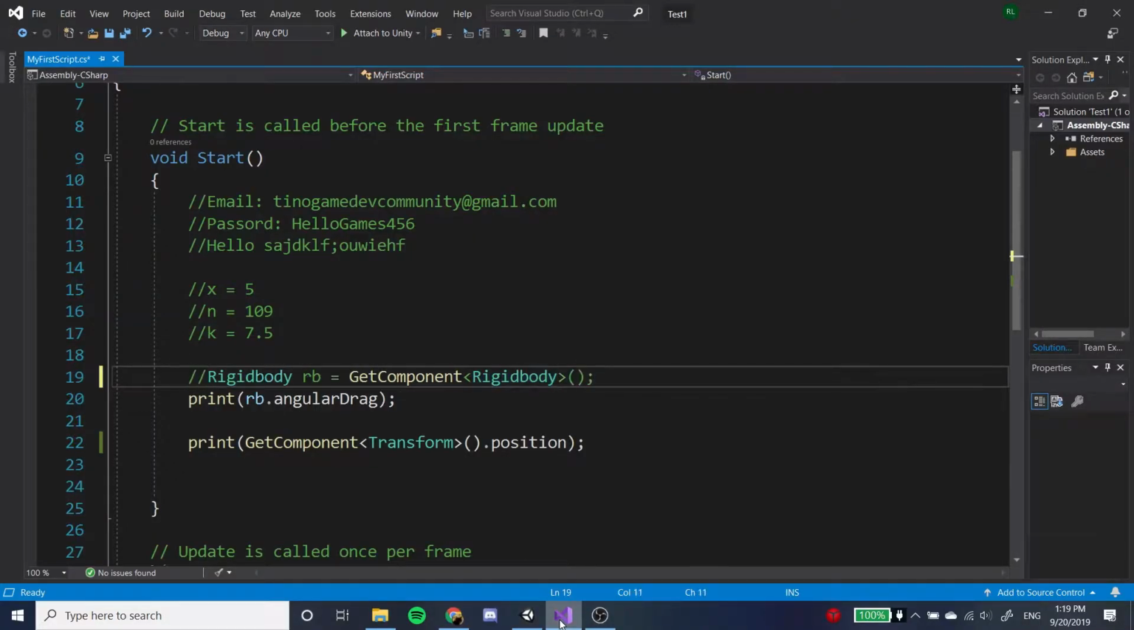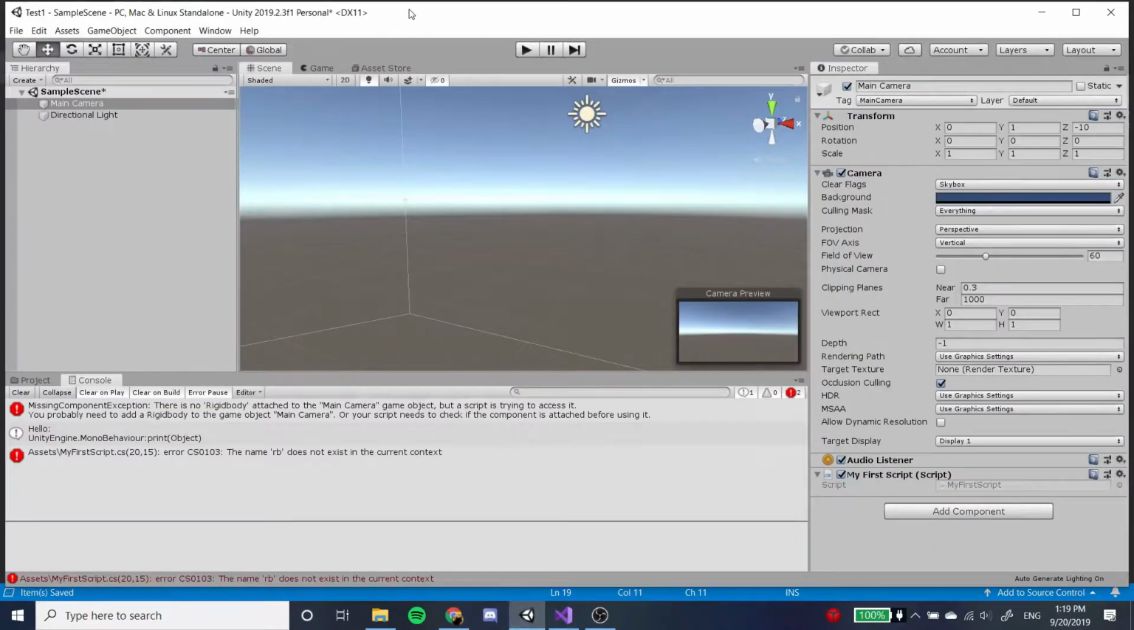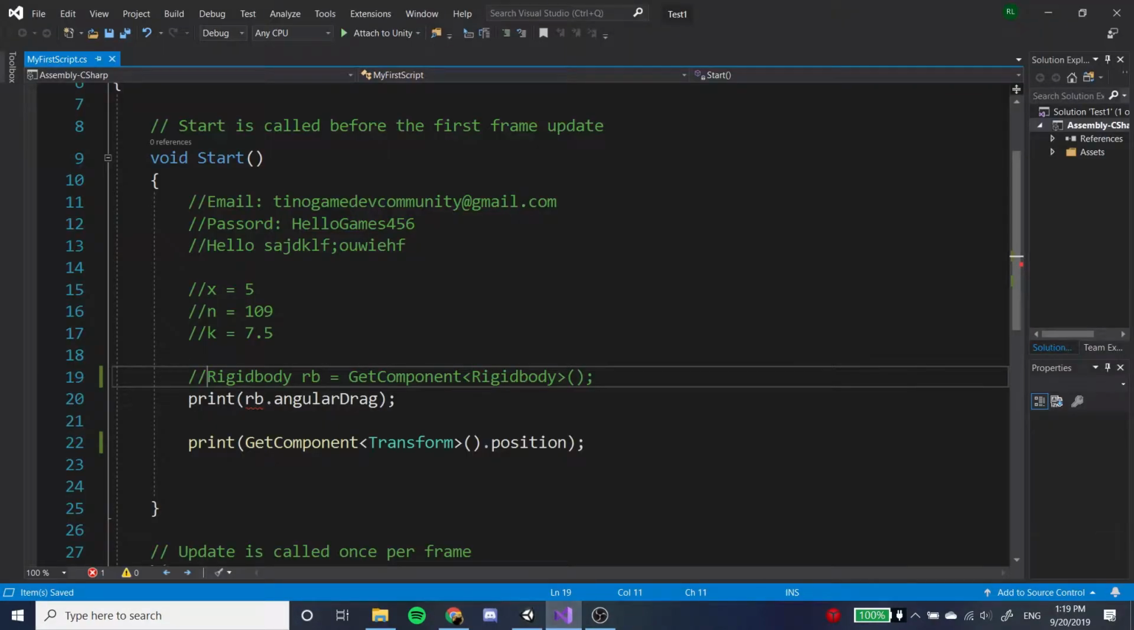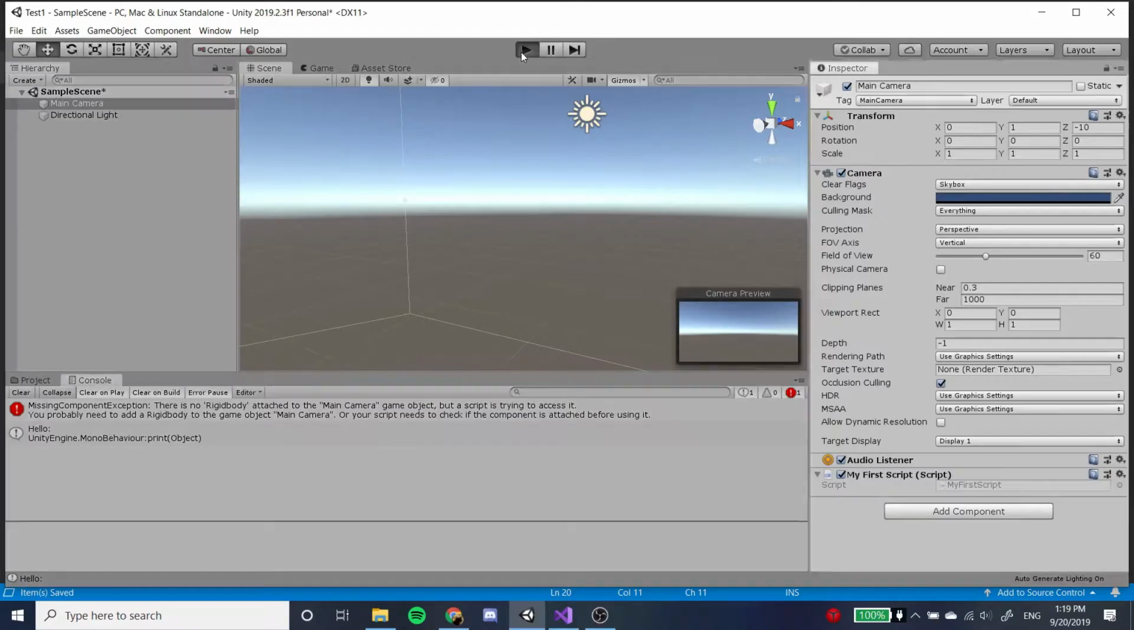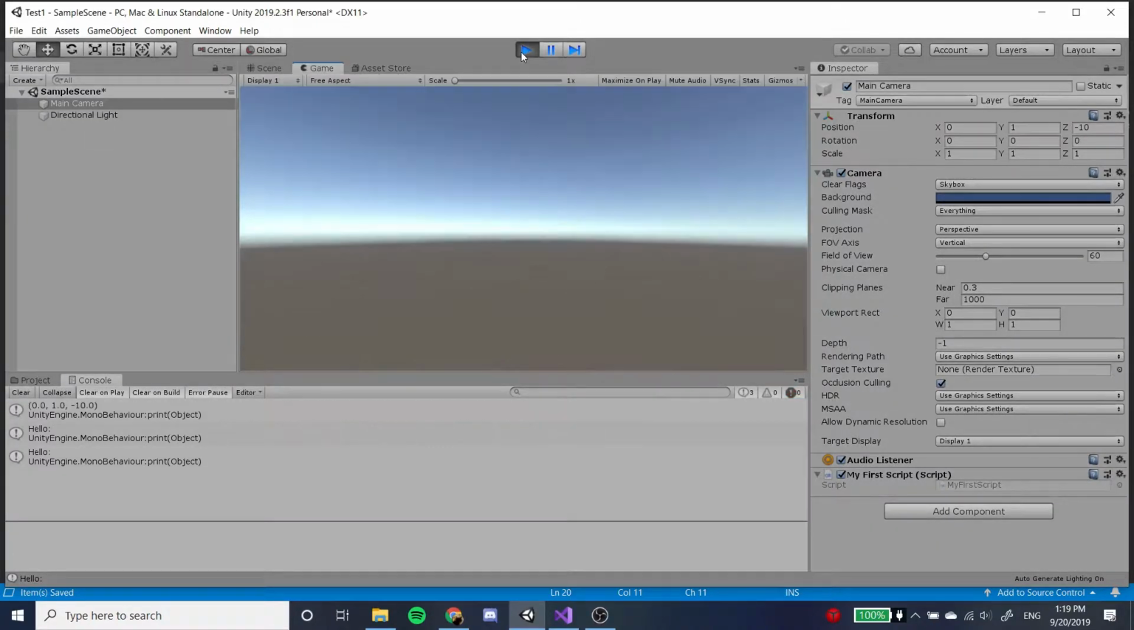So let me just comment this out. Save again. All compiler errors, yes. Comment this out because it was referring to a variable that didn't exist. And now if we run it,